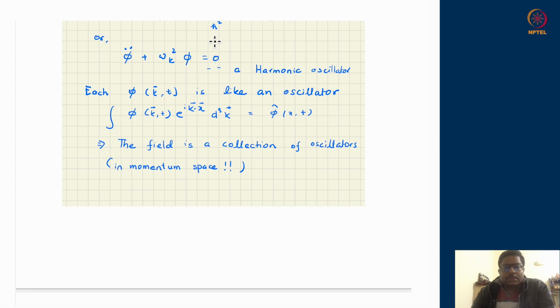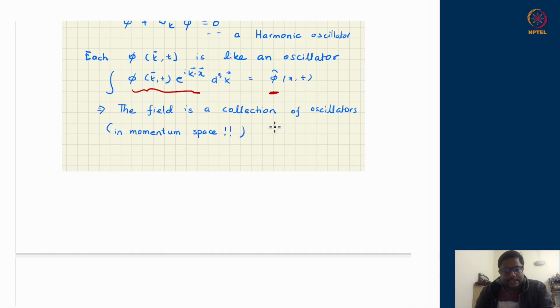So let us resume our discussion from the realization which we had in the previous class. That is, the quantum field which we are talking about is in fact a collection of oscillators in momentum space, and these operators or oscillators in momentum space together combine in a particular Fourier transformed manner to generate quantum fields in space time. Okay, so that is what we realized in the last class.